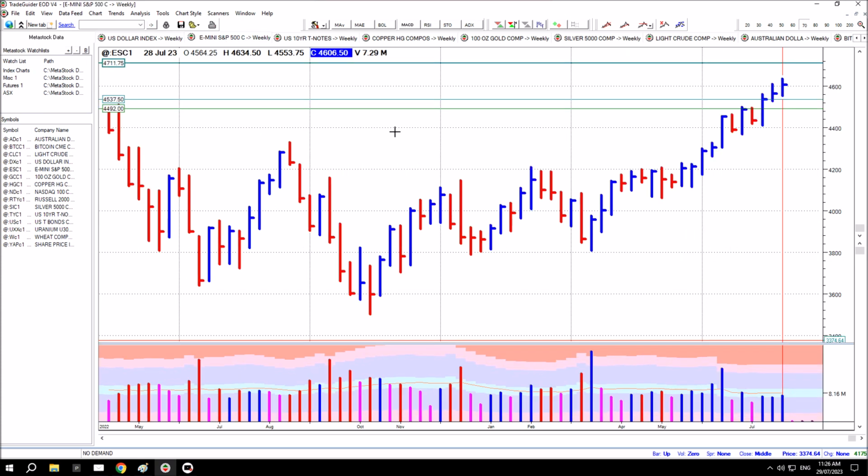Next chart is the E-mini S&P. This is S&P 500 index futures. Here's where price pushed up to the highs of the range. There was a period of consolidation and absorption through here before price broke out. You can see the market has been pushing higher consistently in an almost bullish absorption pattern. Now you've got the beginning of a zone of resistance above that begins here. You can see the market spent some time absorbing supply just below that level before it pushed through on this